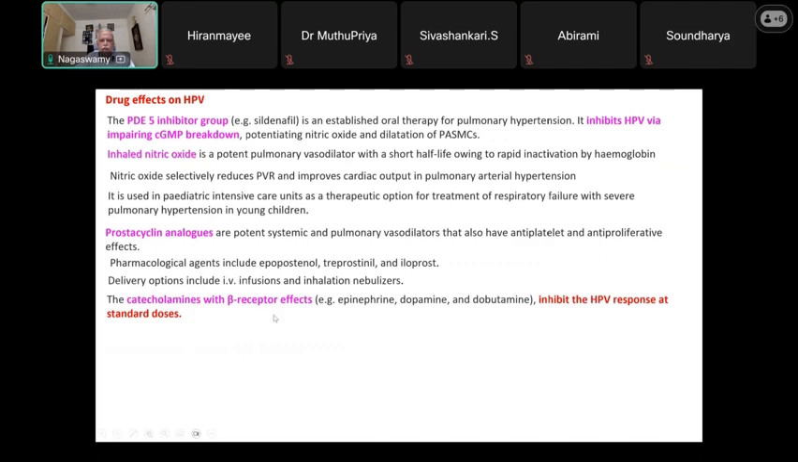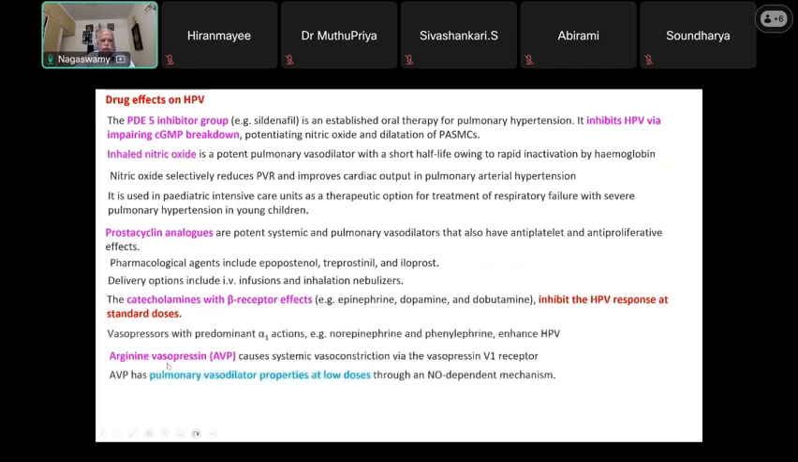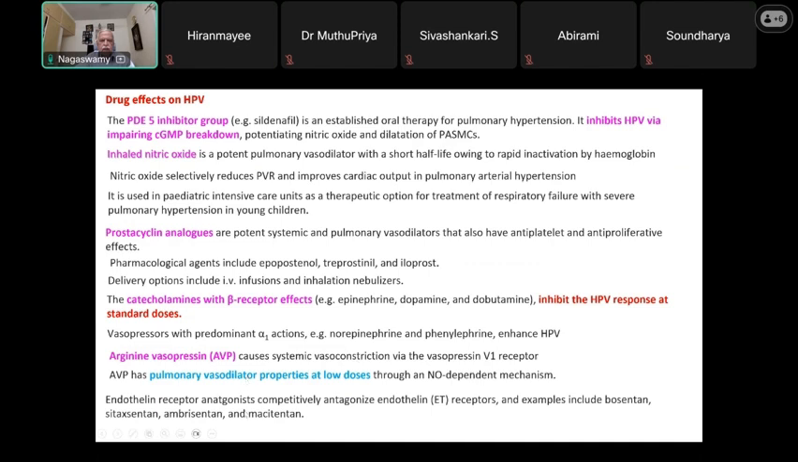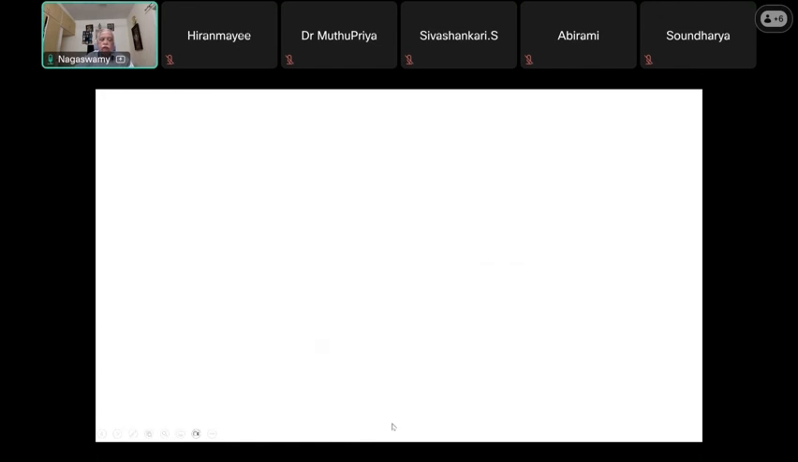catecholamines, beta-2 receptors inhibit the HPV response at standard doses. And ADH also causes its effect through vasopressin receptors. And endothelin receptor antagonists are used mainly for treatment of primary pulmonary hypertension, which again will interfere with the hypoxic pulmonary vasoconstrictor reflex. So any patient coming with that particular drug, you have to be careful not to underventilate the